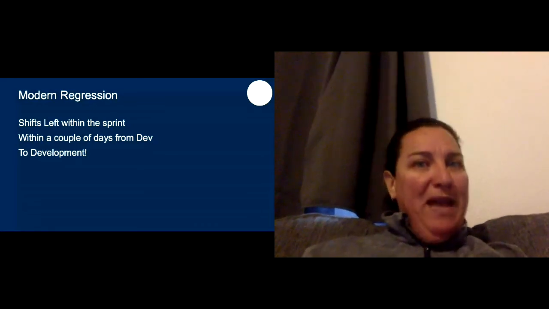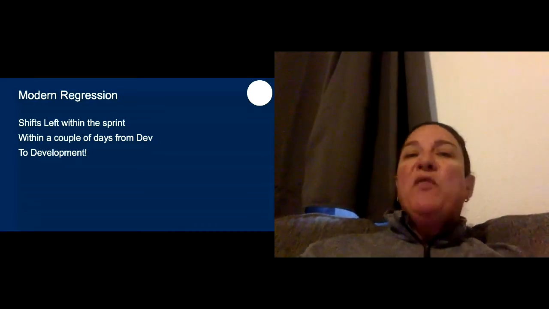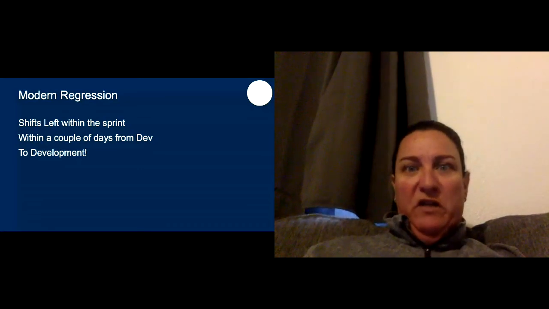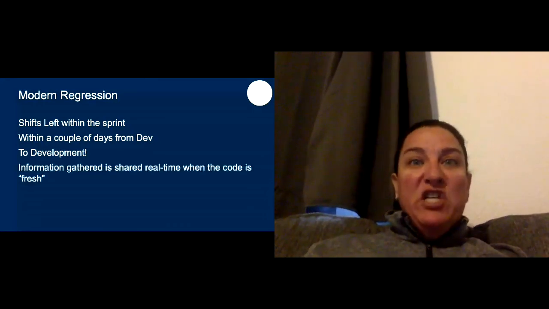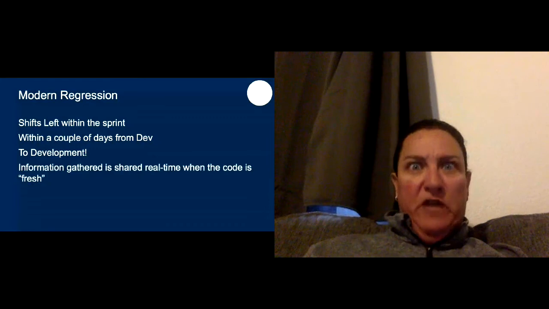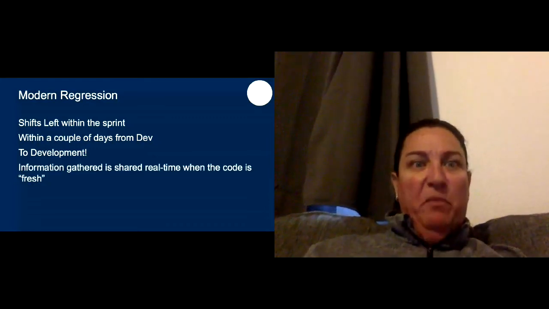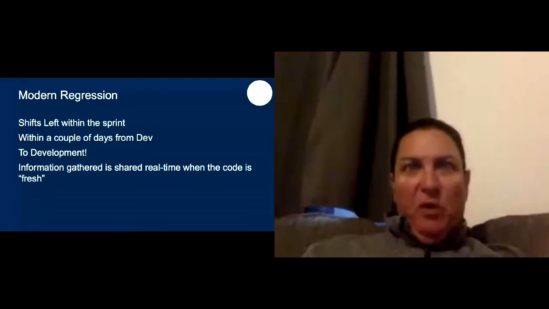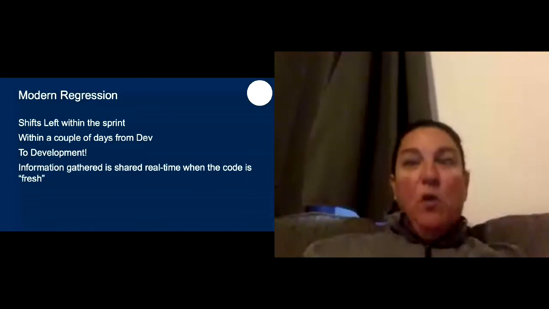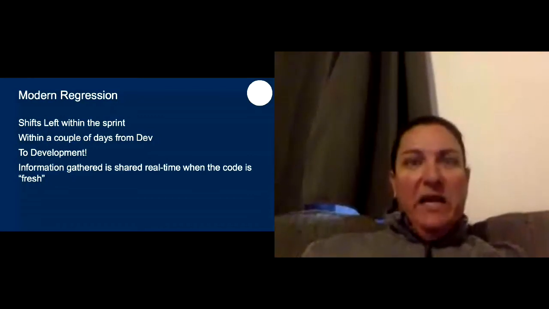So they're probably paying attention to regression testing, but they're not as engaged as they need to be, because there are days and weeks of time where they could be working on something else. We're gathering that information in real time, and we're sharing it while the code is fresh in the mind of the developer, which is why I tend to use that 2 to 3 days from a developer releasing that code to us. We want to make sure that we are giving that developer very quick feedback on regression,